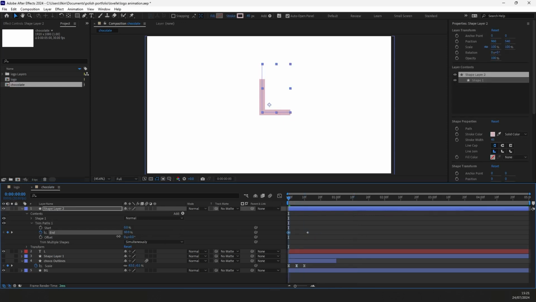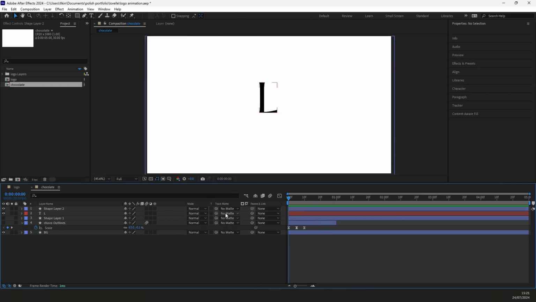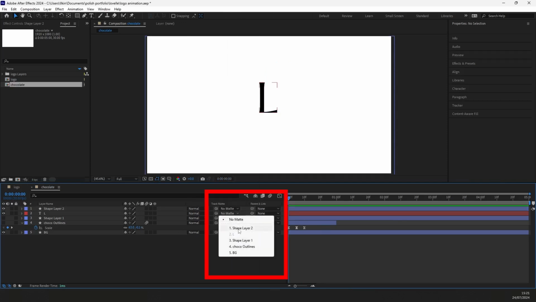If you review it, you might see no change in the letter. To fix this, choose Track Matte and select the stroke layer. This will create a mask, giving us the desired effect. I animated the other letters collectively by adjusting the scale